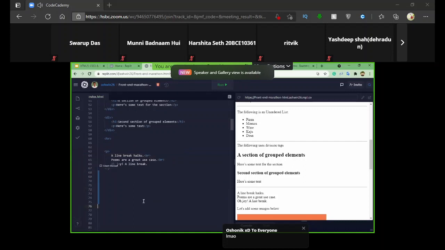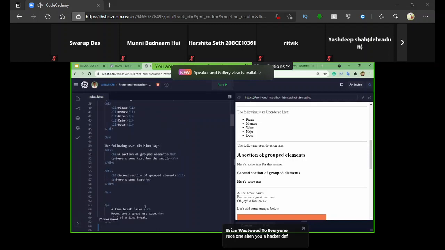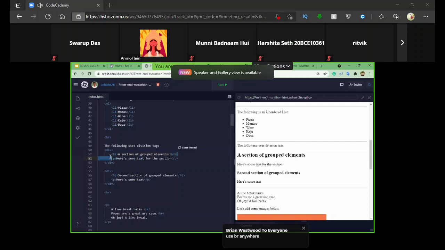Now, moving on, can you once again please explain the division tag? Okay, sure. Whenever you want to wrap multiple elements, you are clear with this concept, right? Whatever tags that you start and end, we call it an element, right? So this is an H2 element, a heading 2 element, and this is a paragraph element, right?